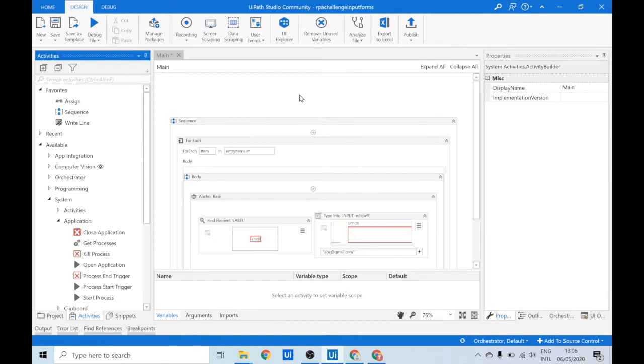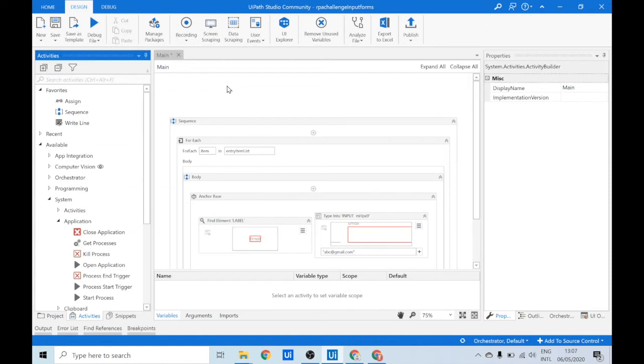In that case, you could directly use the activities from app integration. And if not, then you can use the system activities in UiPath Studio. One benefit of the app integration is that there are multiple activities that can be directly used. But then there are also cases where you don't have Microsoft Excel installed on your system, and you still want to work with these Excel activities, then you need to use the system